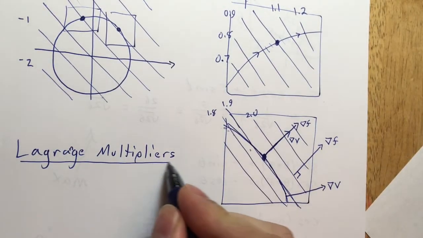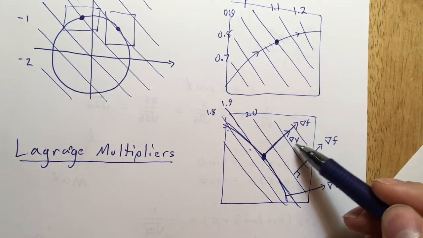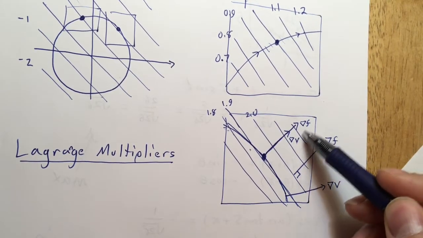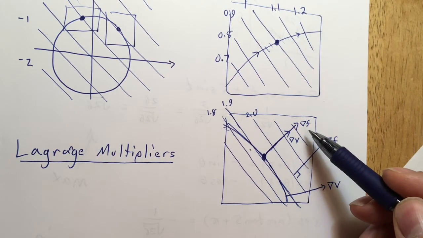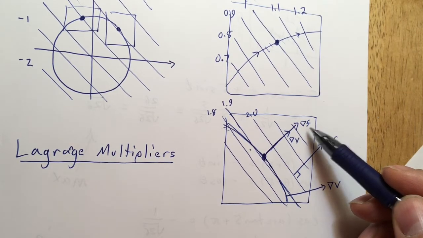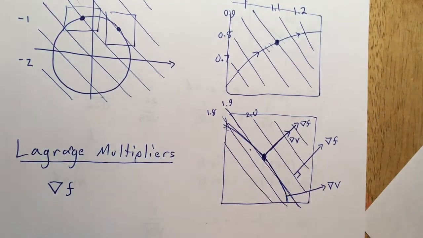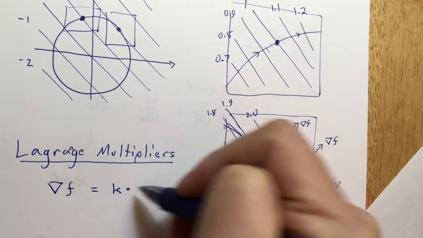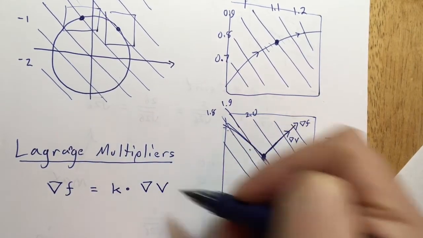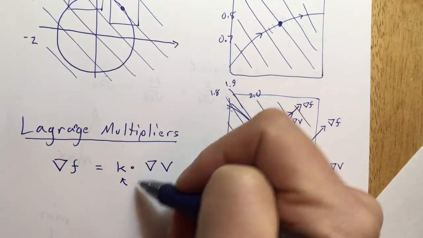Multipliers. All right. What does multiplier mean? Well, these vectors are parallel. For two vectors to be parallel, it means that one is a constant multiple of the other one. So Lagrange multipliers says that the gradient of f has to be a multiple of the gradient of v. And this guy here, that's my